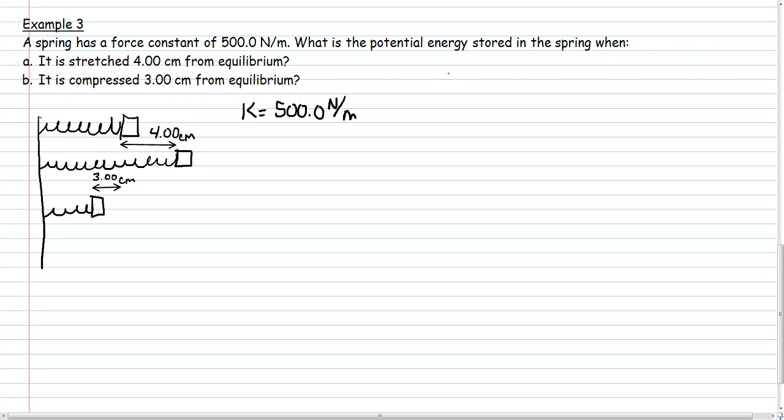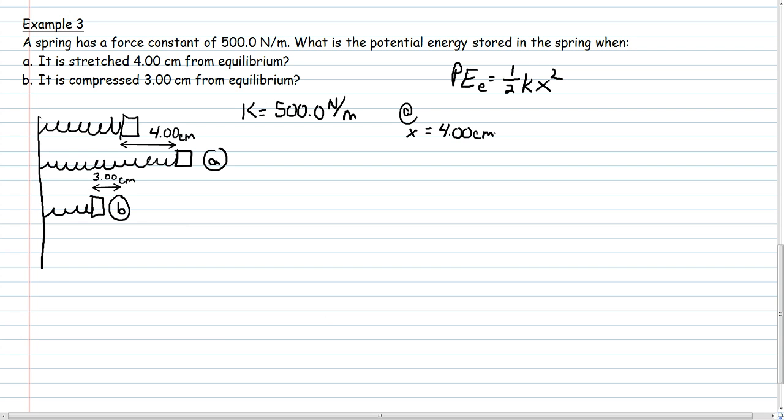The equation for elastic potential energy, so that's PE equals 1/2 my spring constant k times my x squared. And so that's my change in x position, or my compression, or my stretch. So let's look at scenario A. That's this one. And B, that's that one. In A, here's A, x equals